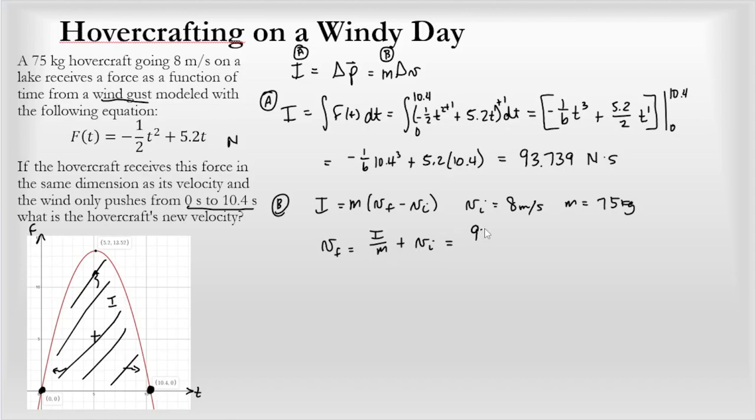So I get 93.739 divided by the mass, 75, plus 8. I'm going to note that this fraction is greater than 1, and I'm adding it onto the initial velocity, so that is consistent with what I said, that this wind will speed up the hovercraft, right? And when you multiply that out, you get